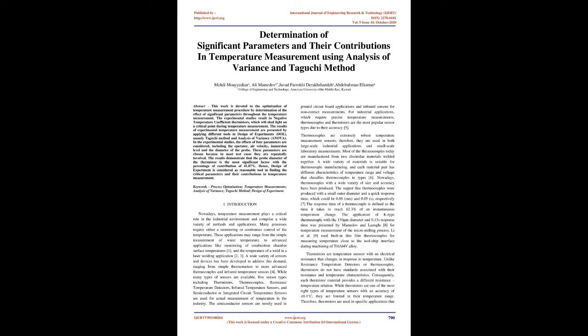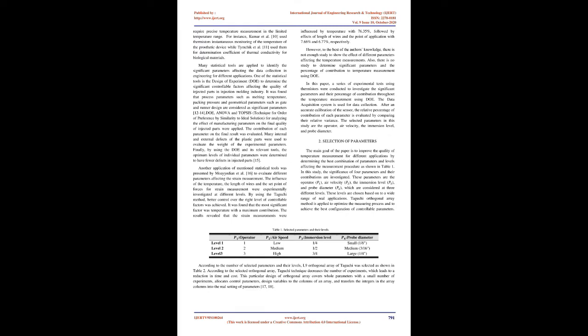While many types of sensors are available, 5 sensor types including thermistors, thermocouples, resistance temperature detectors, infrared temperature sensors, and semiconductor or integrated circuit temperature sensors are used for actual measurement of temperature in the industry. The semiconductor sensors are mostly used in printed circuit board applications and infrared sensors for non-contact measurements. For industrial applications, which require precise temperature measurements, thermocouples and thermistors are the most popular sensor types due to their accuracy 5. Thermocouples are extremely robust temperature measurement sensors, therefore, they are used in both large-scale industrial applications and small-scale